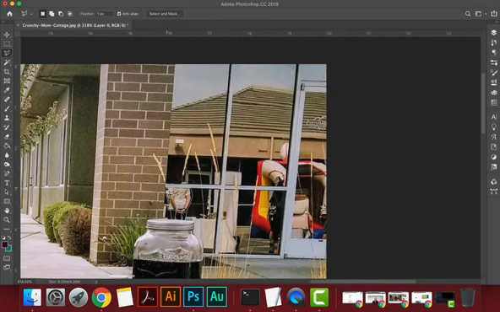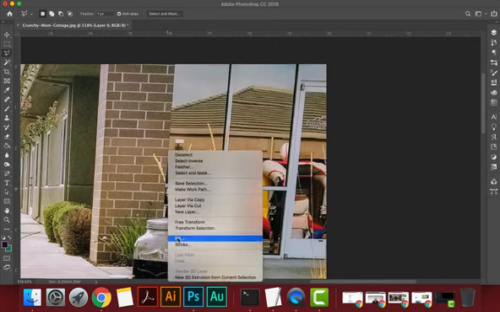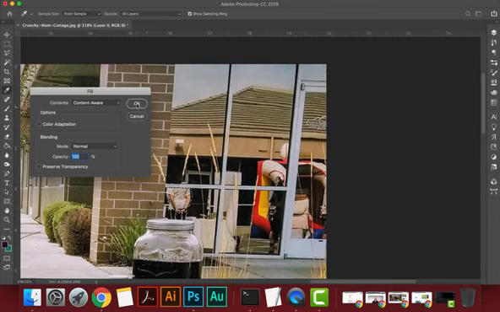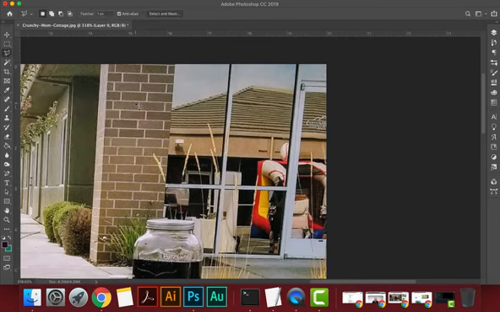I'm going to grab it, make a circle. Then we're going to hit right click. We're going to fill it. Content aware. Just hit color adaptation again. Hit OK. Boom. And you can see here, this doesn't actually look 100% accurate of what I would like it